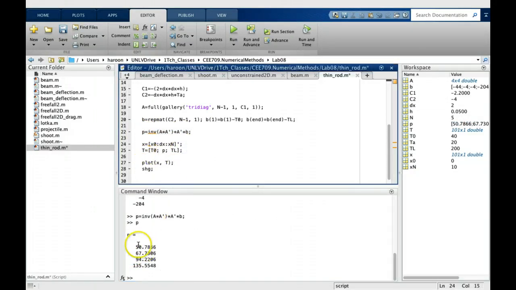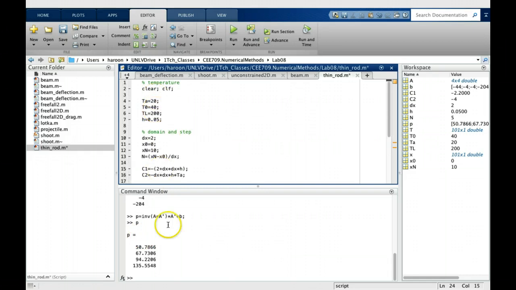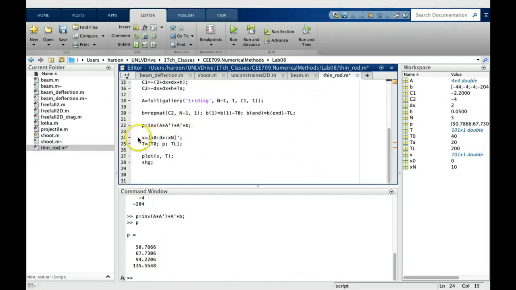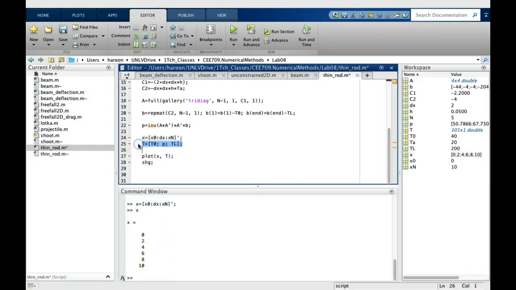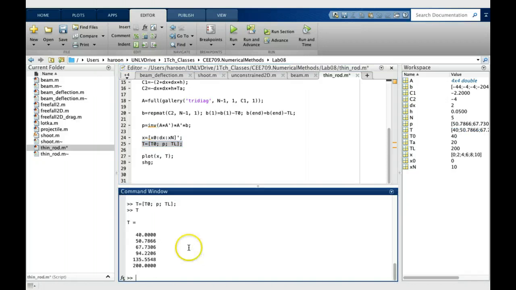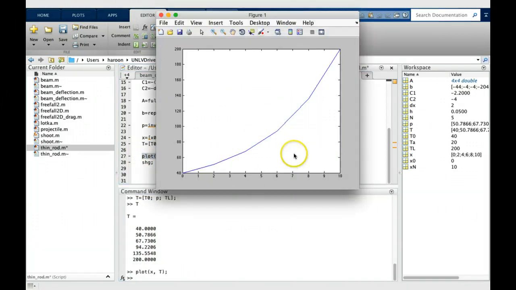Now these are the temperatures on x1, x2, x3, x4, but we know that the x0 temperature is in our case 40, and the x5 temperature is 200. So we can add those values as well to this array. So first create the X matrix, which is 0, 2, 4, 6, 8, 10, and then we also create the T matrix, which is the answer that we just found here, along with 40 and 200 concatenated to it. And then we can just plot these values, and this is the profile of the temperature along the thin